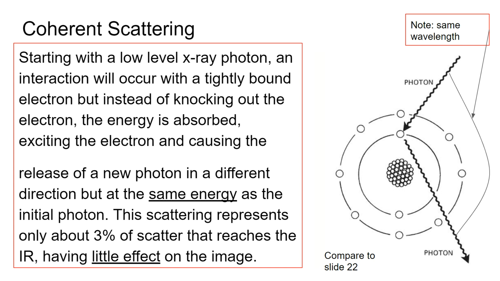But something happens. There's some vibration. There's some energy transferred to this electron, not enough for it to pop out, but enough for a new photon, not the same photon, new photon,